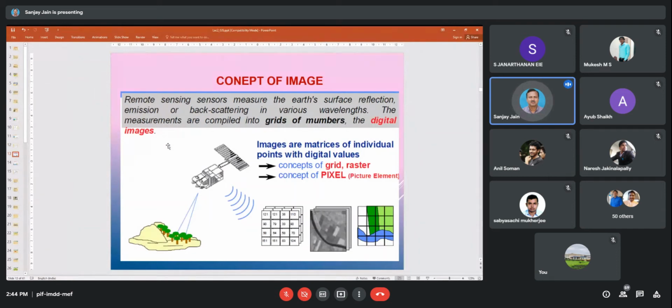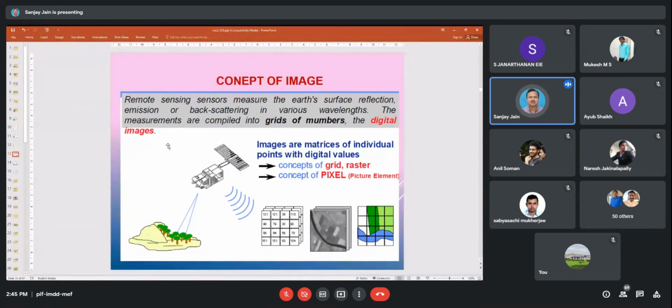Now, in the last lecture, I showed you that remote sensing data is collected in the form of pixels. So here you can visualize it. The concept of grid or pixel is nothing but a grid. All the satellite data is collected in the form of grids. When we display that on a screen, we can visualize it as a picture or image. Every grid is represented by a number depending upon the characteristic of that particular pixel. If it is falling in a water body, then the value will be less. The size of that grid represents the spatial resolution.